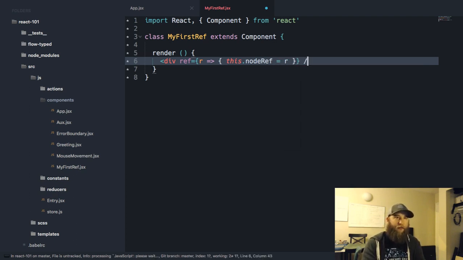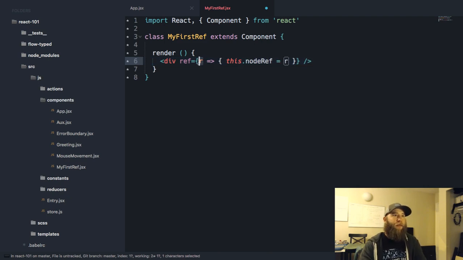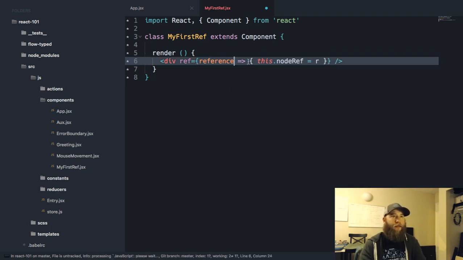This was a bit confusing to me at first, right? Like I didn't fully understand what was going on. I want it to be clear. Like maybe I even need to be really, oh, actually, I think, no, that's correct. We're setting reference, right? this.nodeRef to the reference. I hope that's really explicit. And then